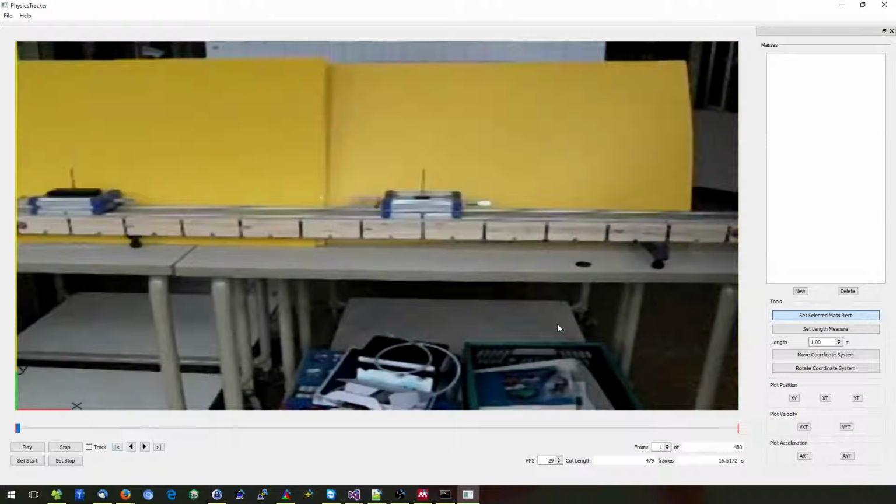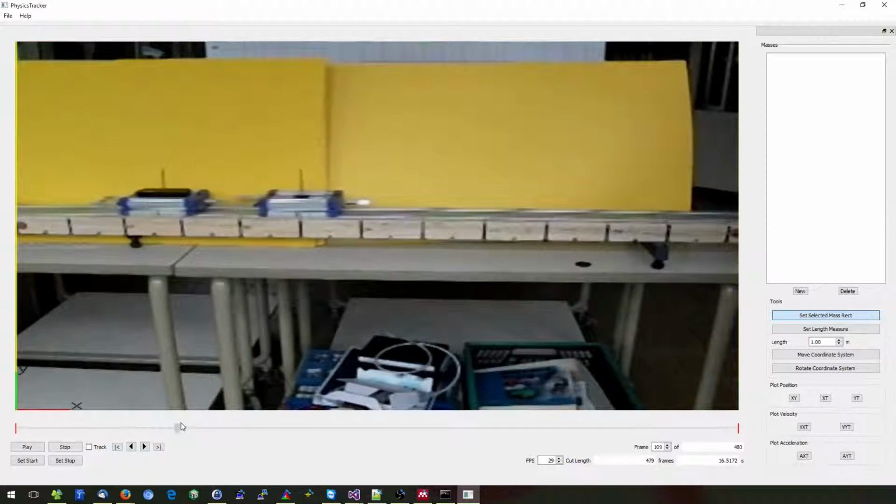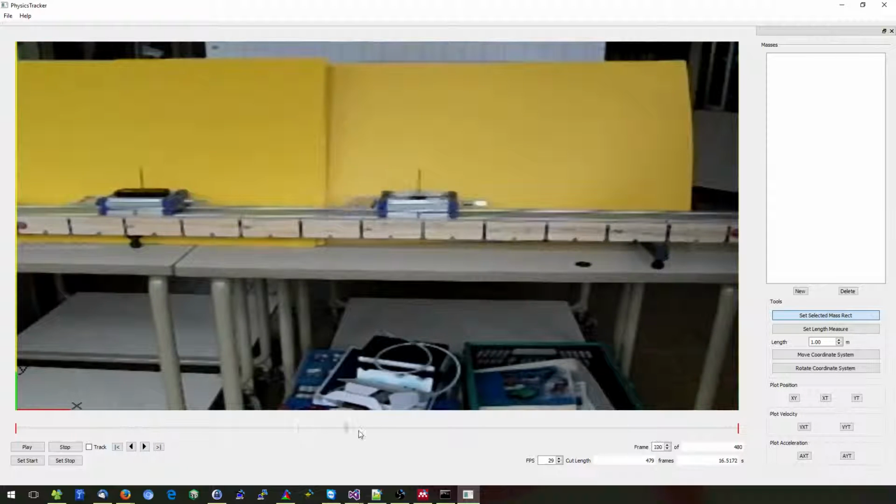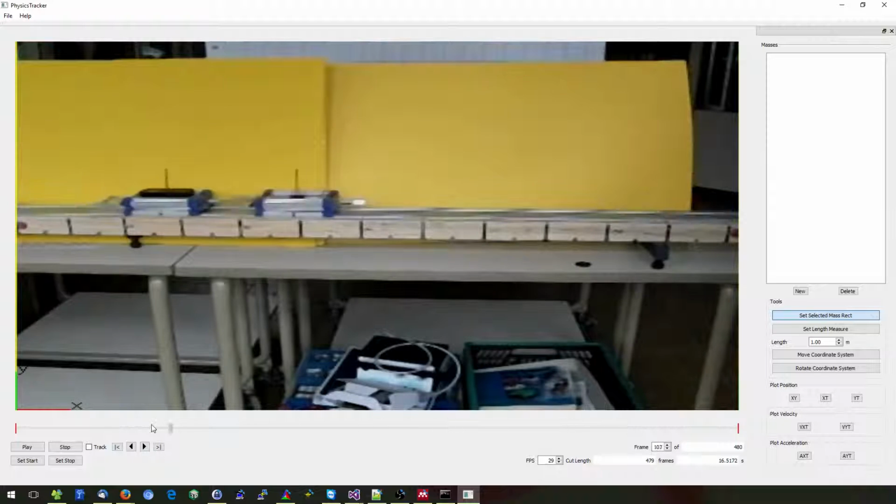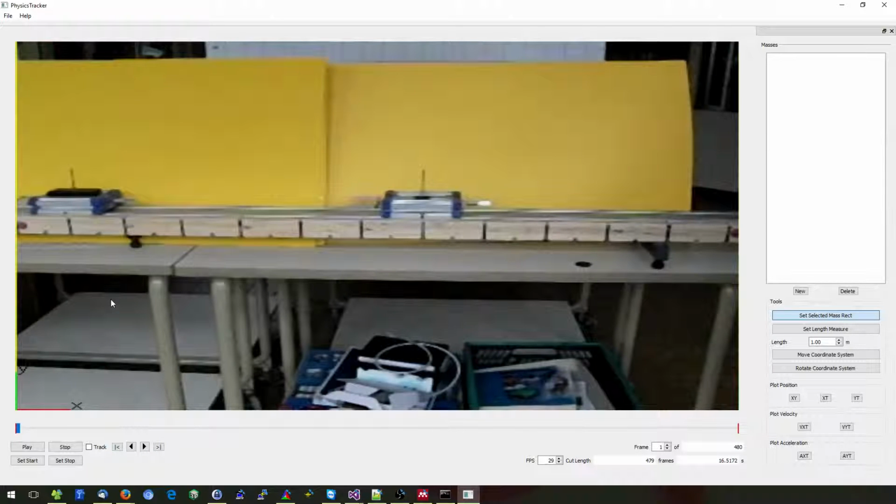So let's say we have these two cars, and I've loaded the video now, and you see they collide with a certain speed, and then they retract from each other after the collision. Okay, so now the goal is I would like to analyze the speed during the whole process, and well, first of all I want to see at which location the car was at a certain time, and